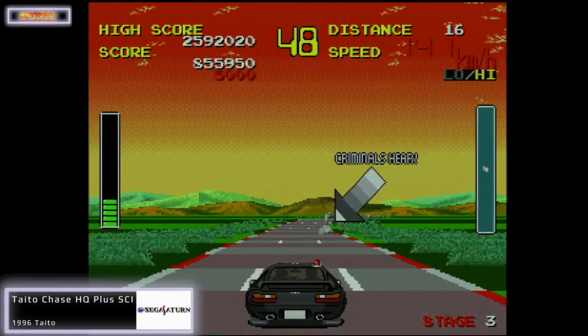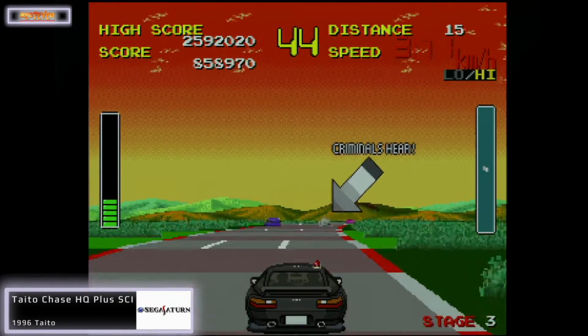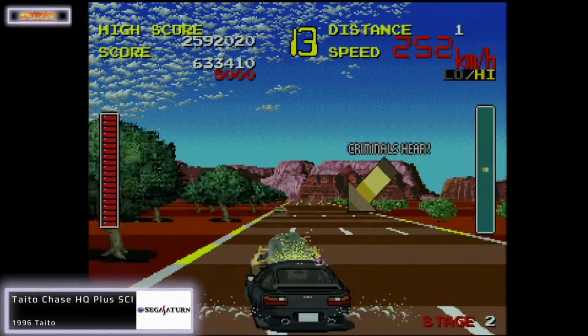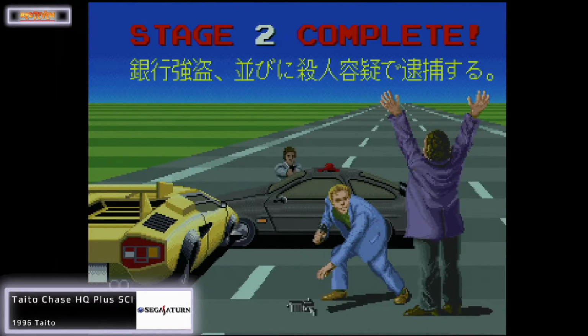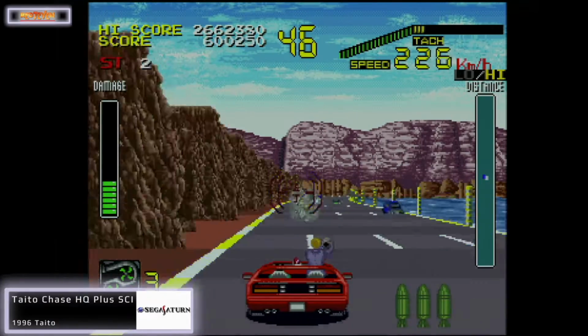I used to love this one back in the day, and it's very similar to Outrun, the way it plays, apart from the big difference here is you've got to chase after the bad guy and ram into the back of the car, bring him to a halt and arrest him. Then you've got a bit of a Miami Vice cutscene because it's a bit of a Tubbs and Crockett rip-off, but you've got to love it. I have to say I do actually prefer SCI,